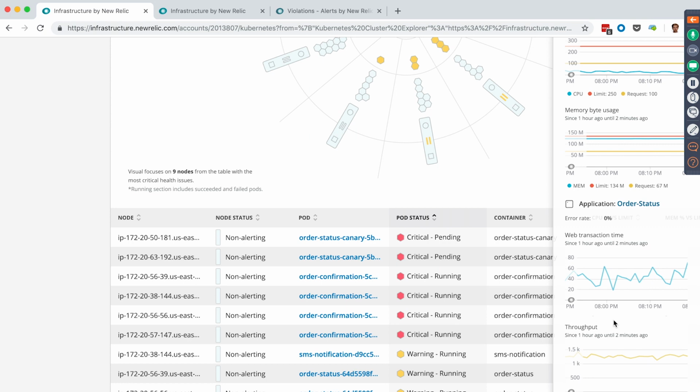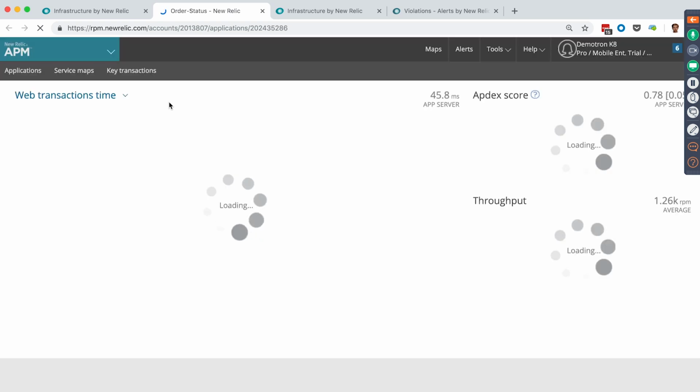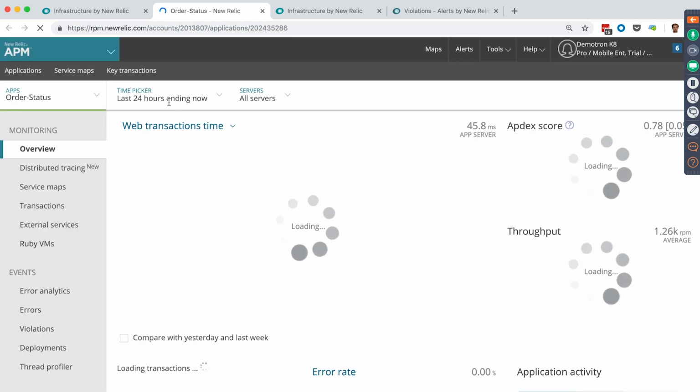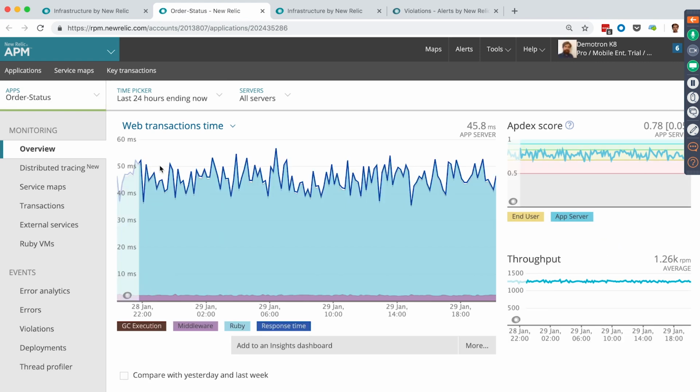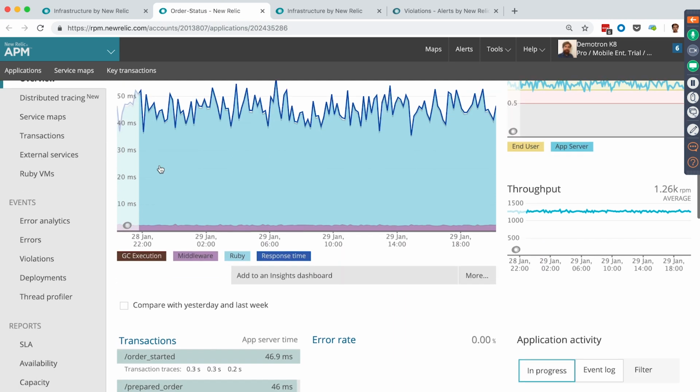And if I want to dig more into the status of this application, I can click on it and I will get an overview of the status of this application. So here I clicked and I went to order status. I'm now looking at the details of my application. I get the usual developer view of what is the status of my application. And I can